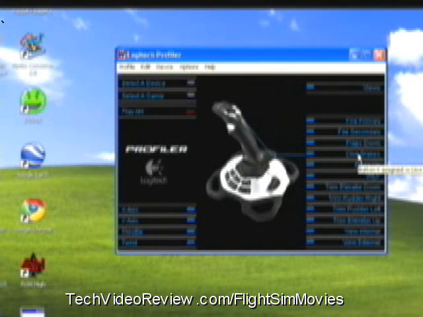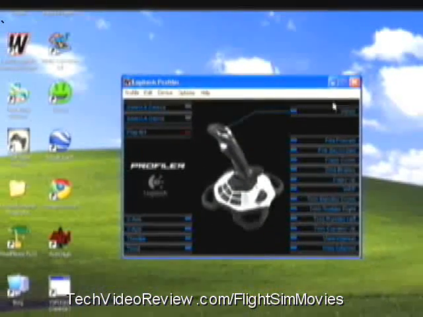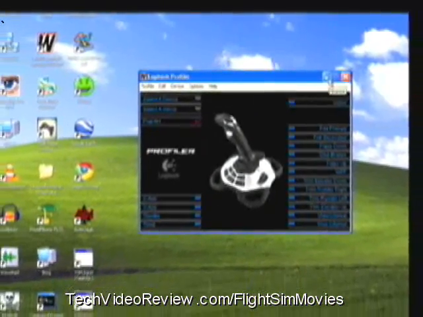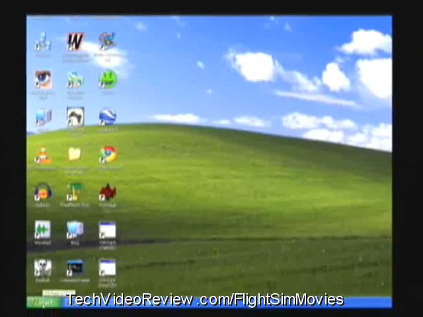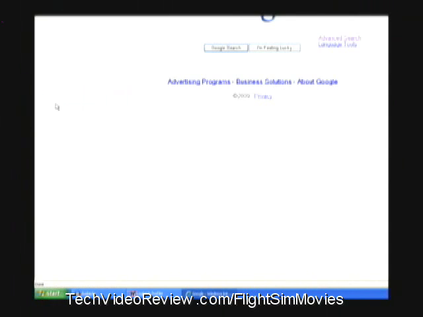That's optimized for use with Aces High. I'm going to leave it that way so it always generates the keystrokes I use for Aces High while I install a new flight simulator that I've discovered recently, and we'll just see if it can work with the very same joystick configuration. So I'm going to leave that active and minimize it while I then fire up my browser and go to a website